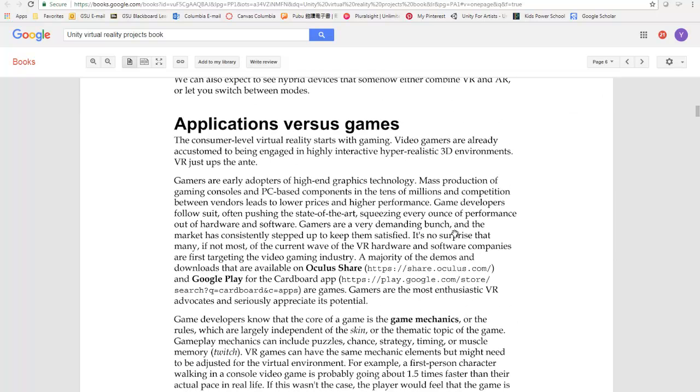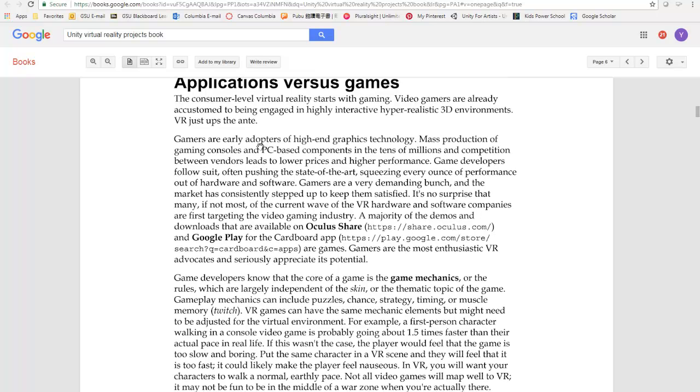And then there's application versus game. Consumer level virtual reality starts with gaming. Gamers are already accustomed to being engaged in highly interactive, hyper-realistic 3D environments, so they are early adopters of high-end graphic technology. Mass production of gaming consoles and PC-based components in the tens of millions, and competition between vendors, lead to lower prices and higher performance. So here we move on to talk about